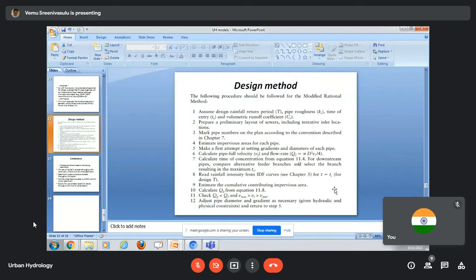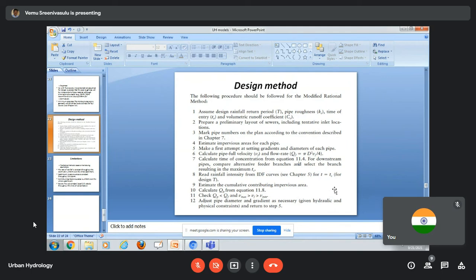A slope gradient, right? So then therefore you can calculate the velocity for a given pipe, for a given gradient. You can calculate the velocity using the Manning formula. V is equal to 1 by n R to the power of 2 by 3 S to the power of half. R is what? R is equal to A by P. Okay. What is S? S is the longitudinal gradient.